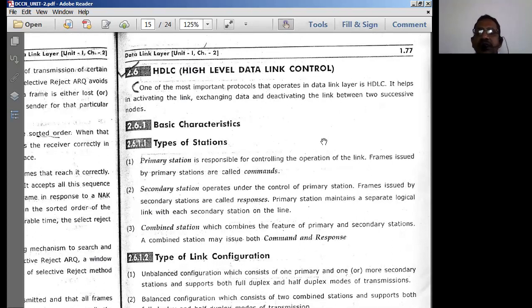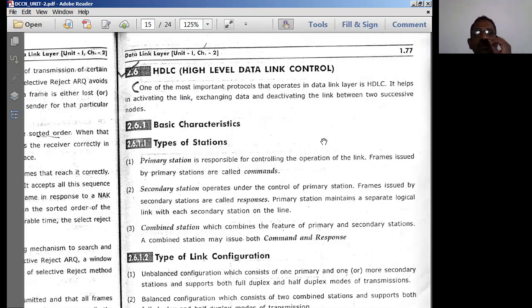That means the data link layer provides functionalities such as line discipline, flow control and error control, and these functions are implemented in a protocol known as the HDLC protocol. Therefore HDLC is a data link protocol which provides the functionalities of the data link layer. This HDLC protocol is a bit oriented protocol. So why do we use this HDLC protocol?